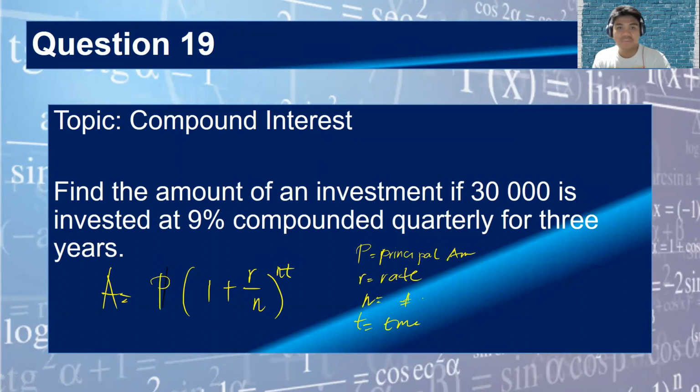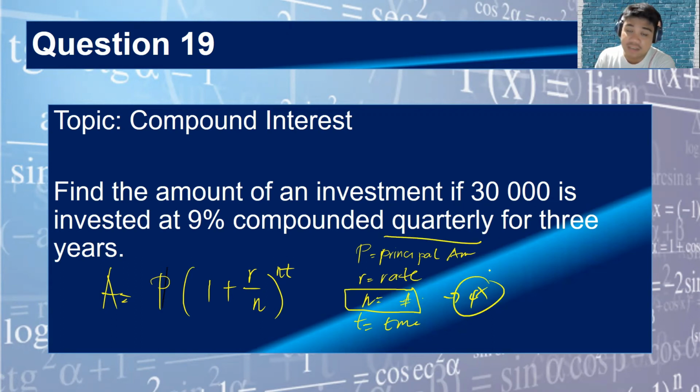So for example, here, the N will be 4 times, because 4 times a year, compounded quarterly. Okay? When we say compounded annually, it means our N is just 1, because it only compounds once in a year. But when we say semi-annually, that's twice. Okay? So let us go with this problem and let us solve for